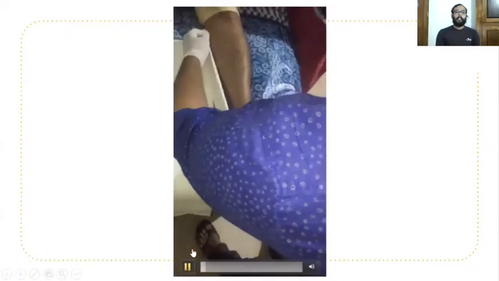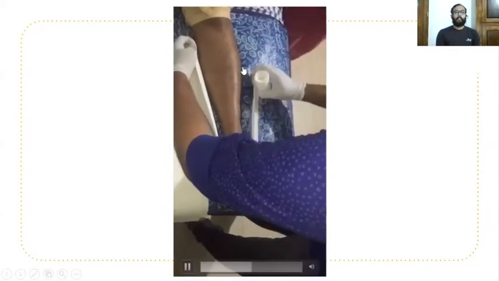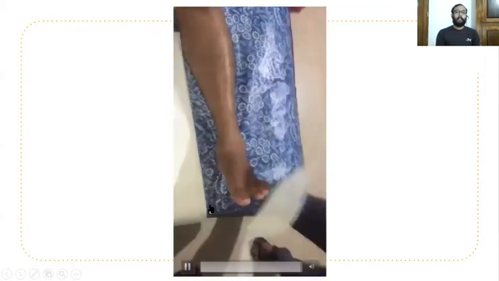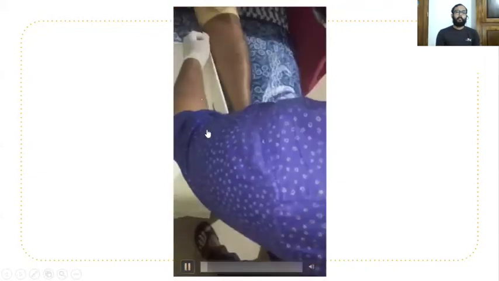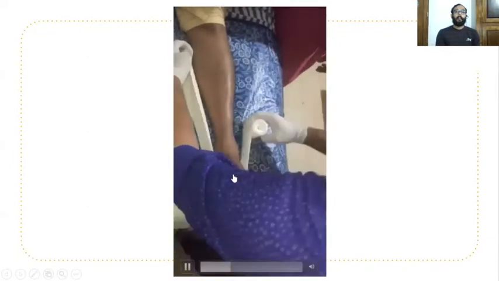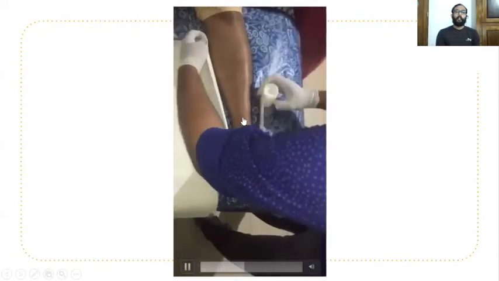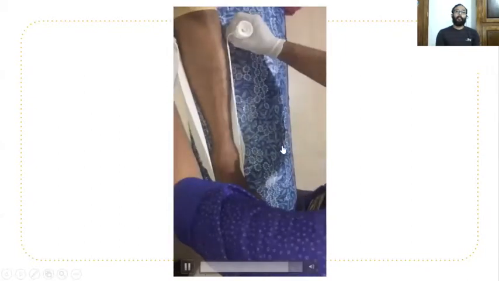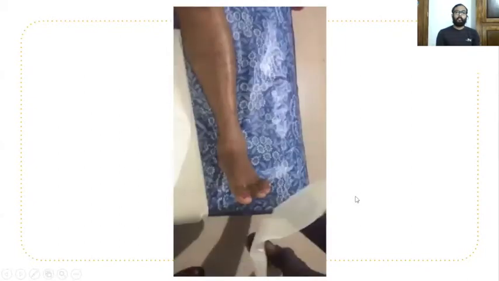Then an additional stirrup of 4 layers should be taken from here to here. This is 10 centimeter POP. For the 15 centimeter, we took total 8 layers. This 10 centimeter additional stirrup, only 4 layers are needed. Measure that distance and take 4 layers.